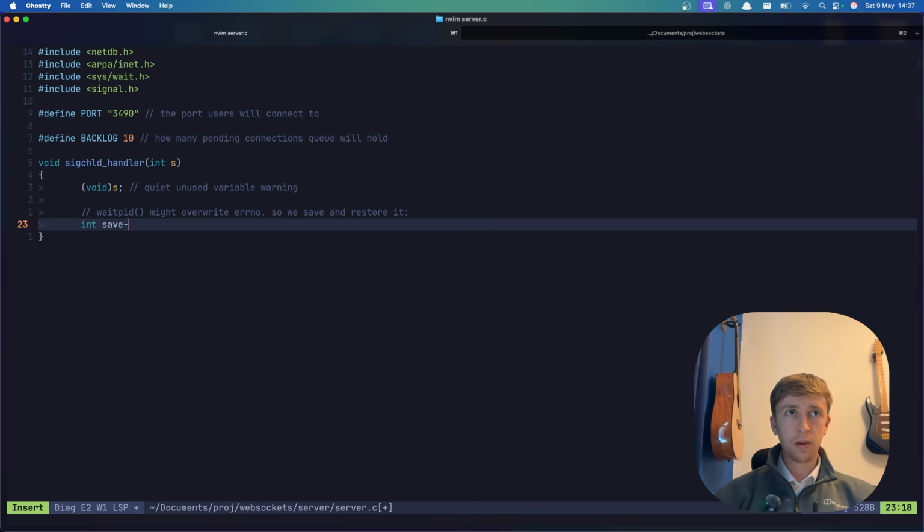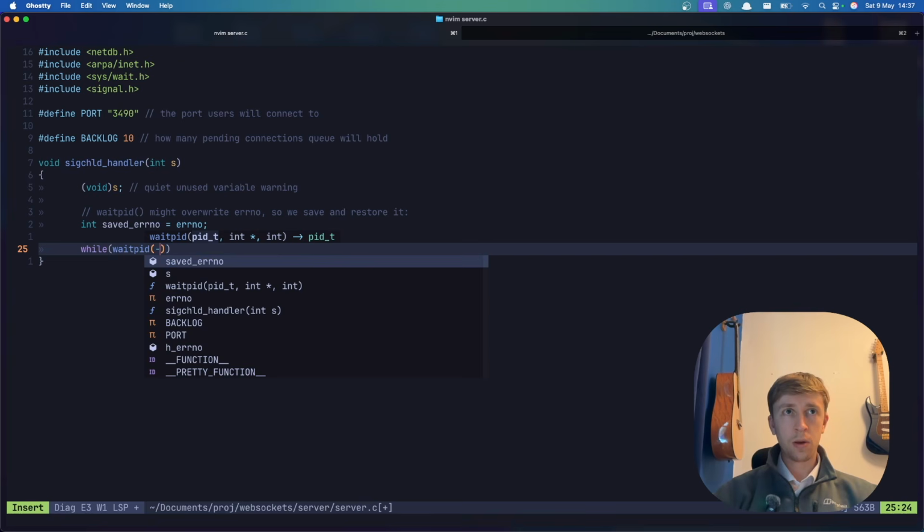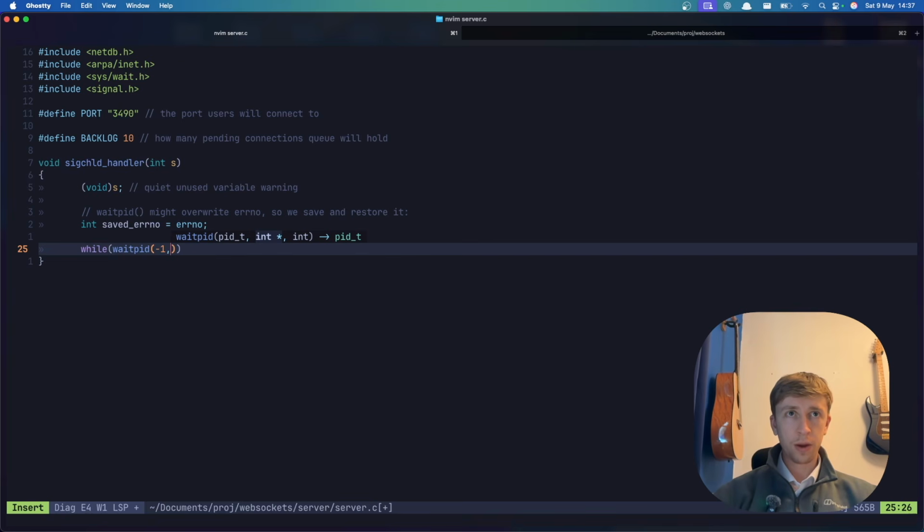So int saved_errno equals errno, and then we're going to do while waitpid. I'm going to take in -1 here. We need to take in a pointer to an integer, which we're going to set to NULL, and then WNOHANG